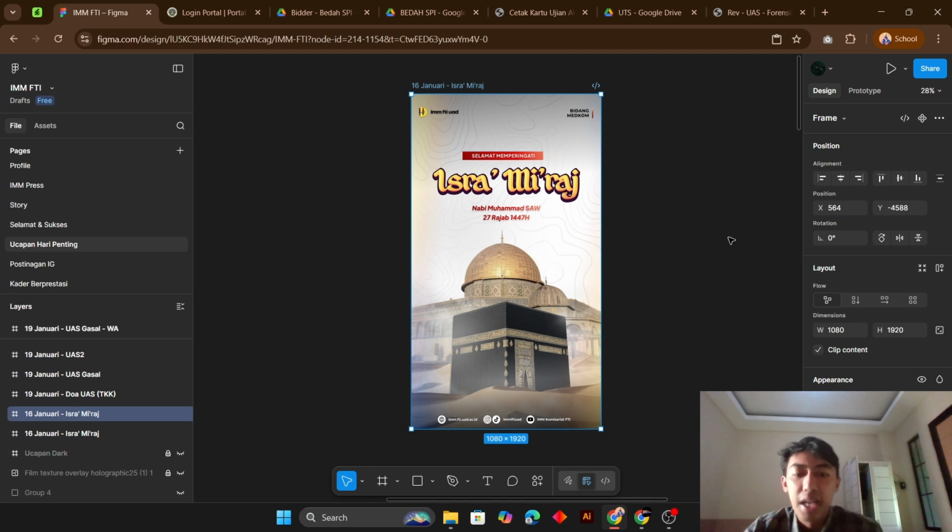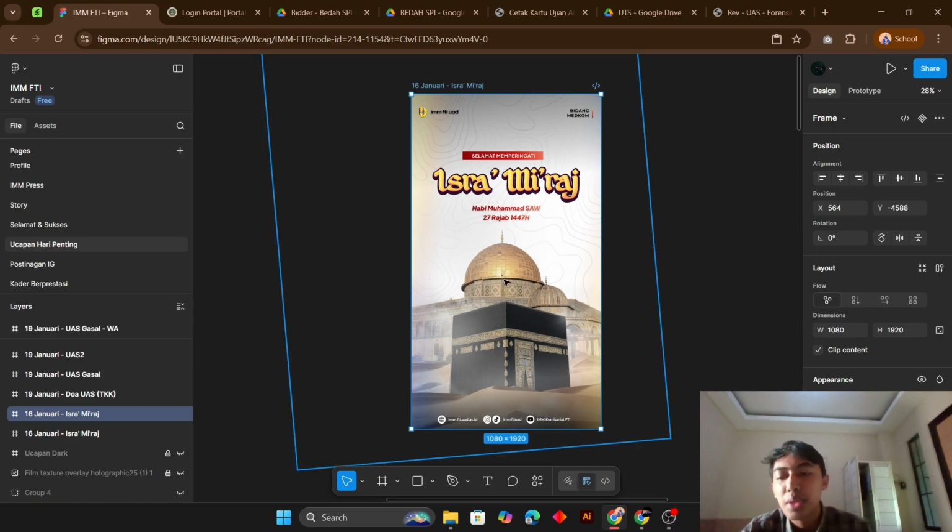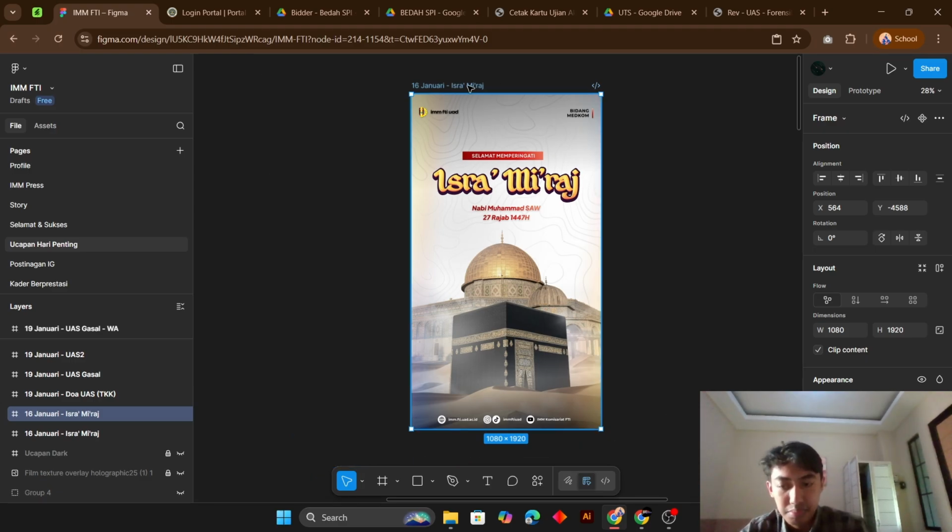Now we switch to Figma. This is where we bring everything together with precision using the interface's superior layout tools. One, frame setup.